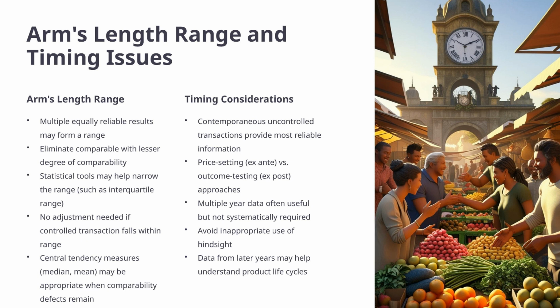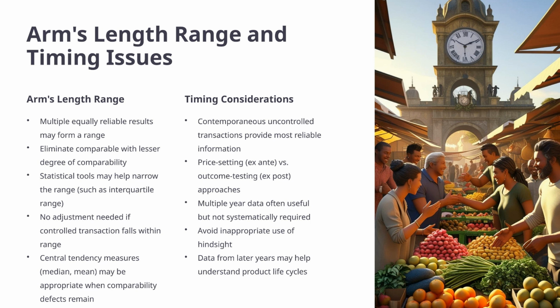Timing is crucial. Contemporaneous data is most reliable. Price setting and outcome testing approaches differ, and while multi-year data is useful, avoid hindsight bias. One cannot use data of 2017 for testing margin for 2020 to 2021, since there is a time gap and markets would have undergone change. Example,